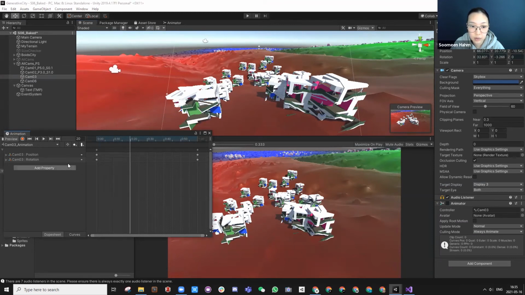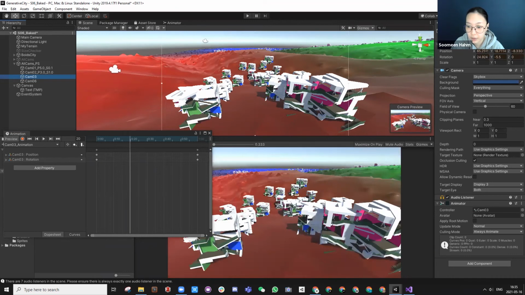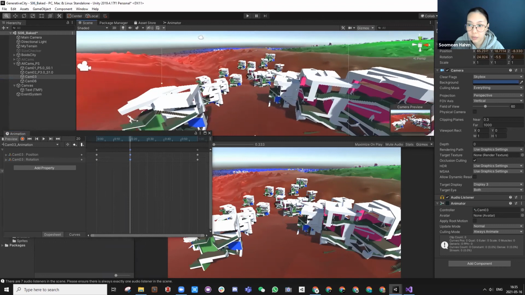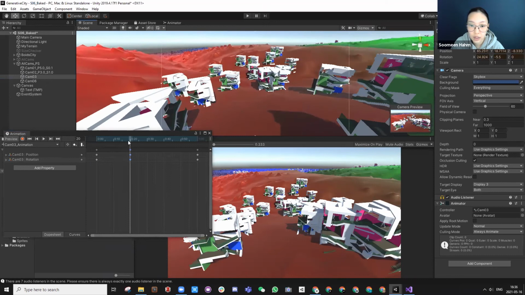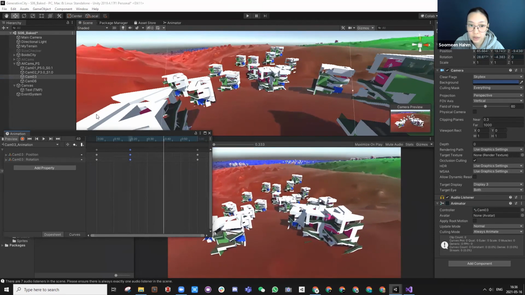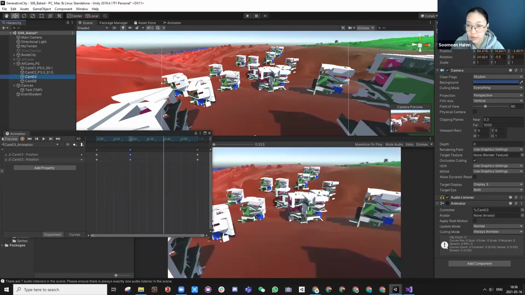Maybe I will put it here. You can change this speed later. So I'm going to just put the position by adding the key here. Oh, sorry, I didn't move the camera. So I should do Shift Control F. Yeah, make sure that I move the camera and then add the key. And then I move my view and then move my position, Control Shift F,